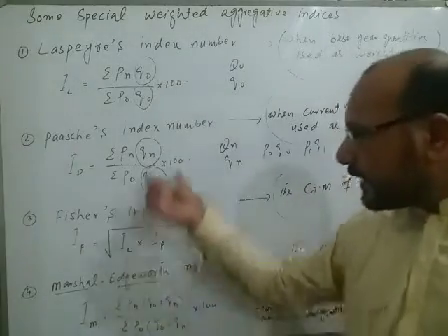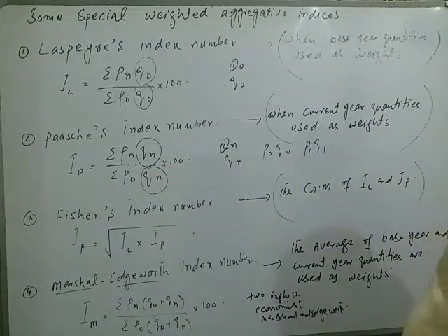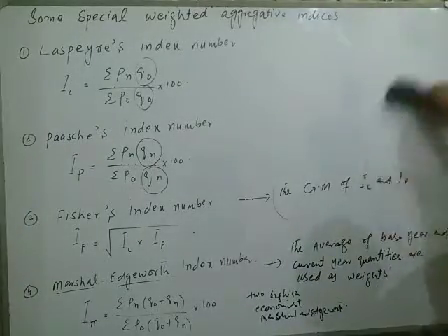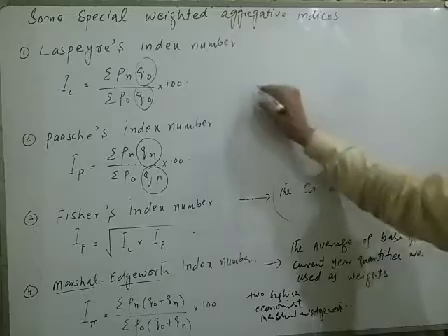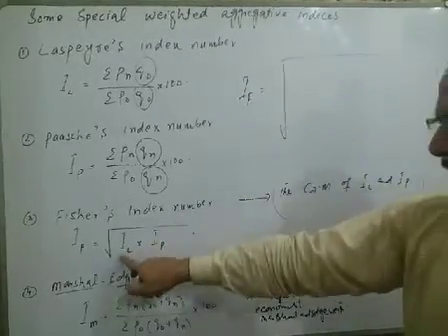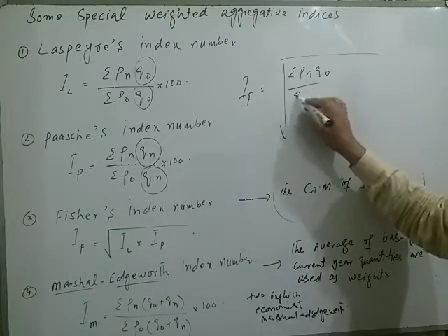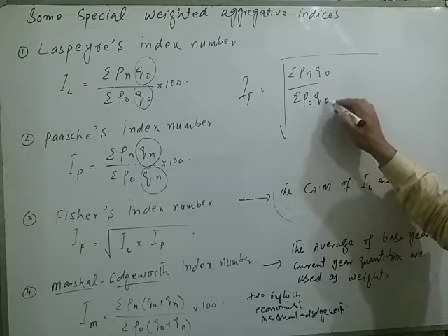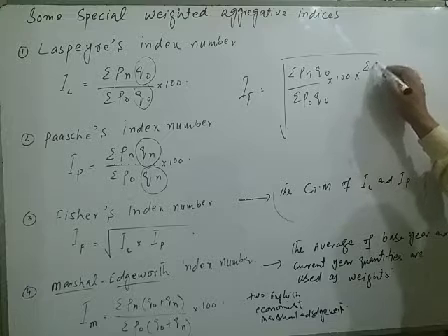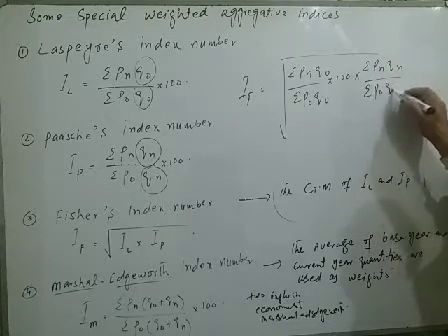Instead of this, you can write the values also. You can write this particular formula in this form: IF equals the square root of summation of Pn Q naught divided by summation of P naught Q naught multiplied by 100, multiplied by summation of Pn Qn divided by summation of P naught Qn